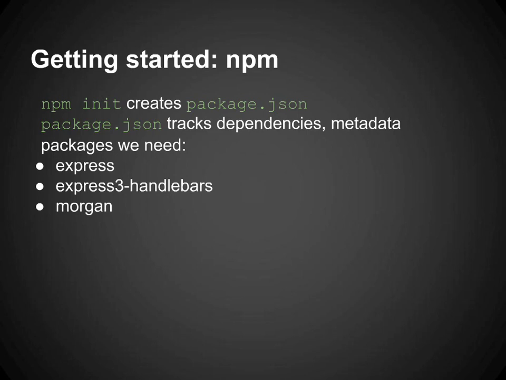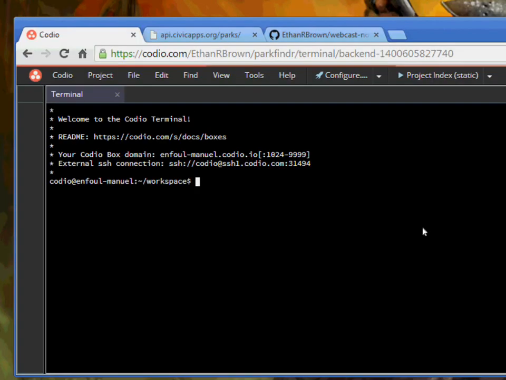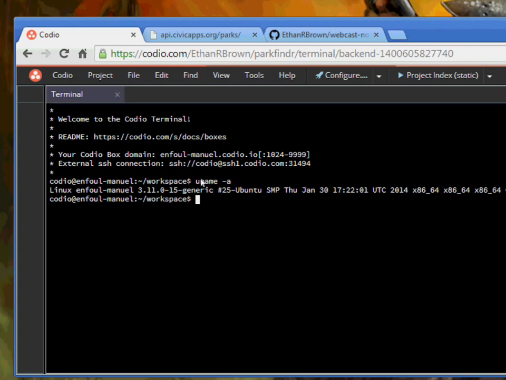So let's see that in action. We're going to switch back over to our screencast. And I'm going to start with terminal. And you'll see we have a regular Unix terminal here. Hopefully you guys can see that. You can see this is running an instance of Ubuntu SMP. All right, so we're going to do